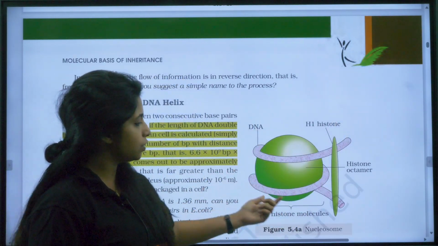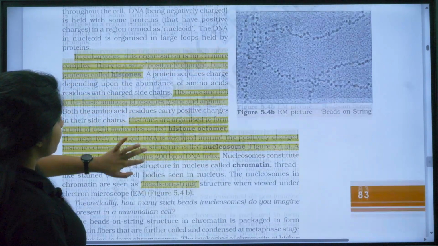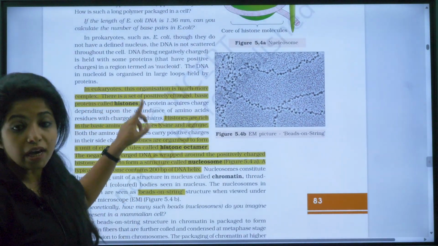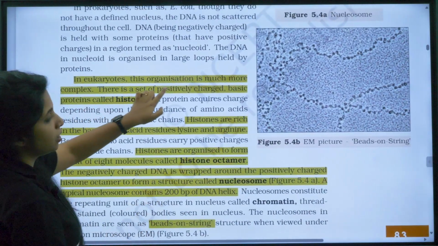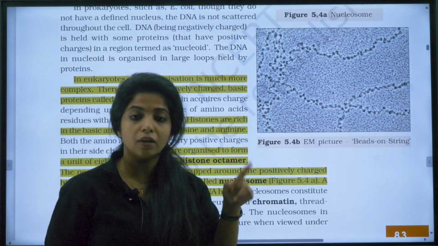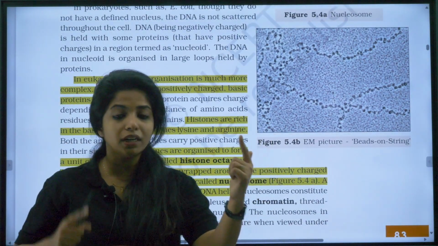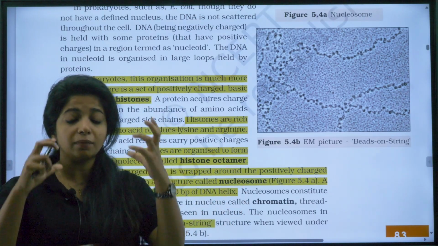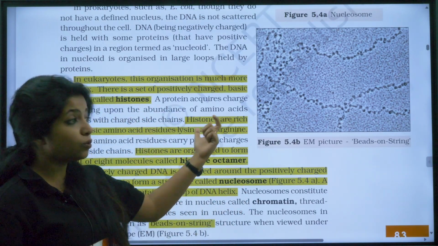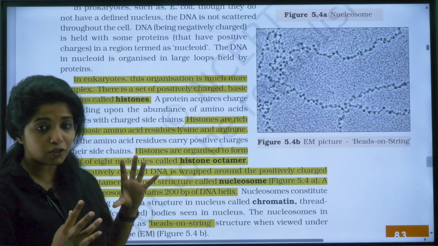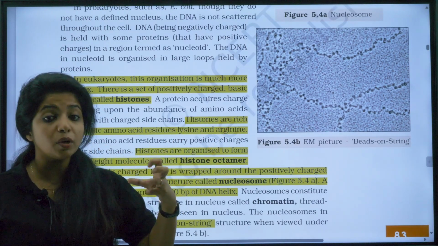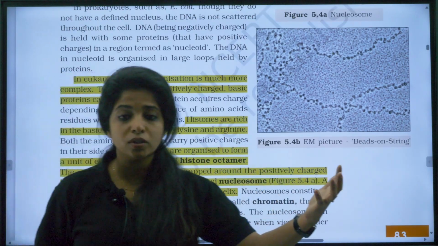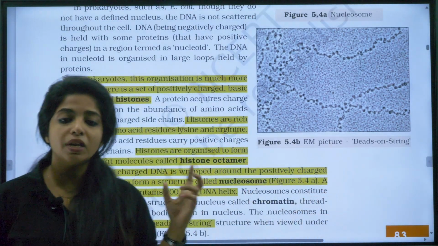For that, we have something known as the nucleosome, my dear children. They have mentioned the structure of the nucleosome. So you should be knowing that the nucleosome is made up of what? Histones. What are histones, children? Positively charged proteins. Remember, DNA is negatively charged, so the negative thing comes and coils around the positive thing, that is histone. Now histones come in an octamer, that means 8 histone molecules are there. Why is histone positive? Because it is a protein, so it is made up of amino acids. But which amino acids are more in number, which makes it really positive? There are different types of amino acids, and negatively charged amino acids are also there. So you should be knowing the name.